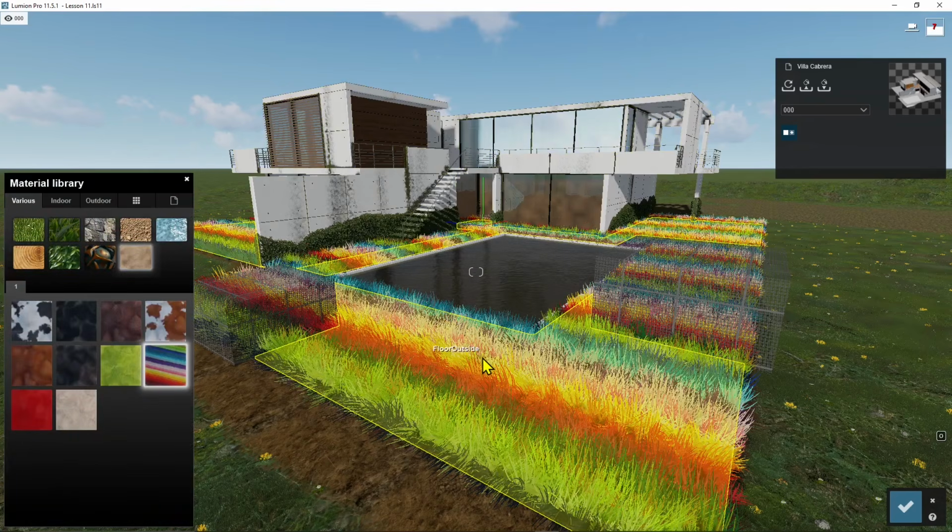Again, you can bring a simple plane, apply a fur, and that's gonna look like a carpet. Okay, and well, let's go back to the standard